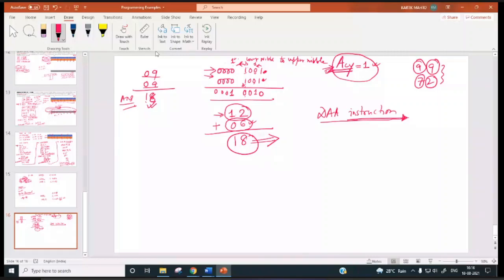So how is 06 added? Because in this case, the auxiliary carry flag is set to 1, so it is adding 06 to this.